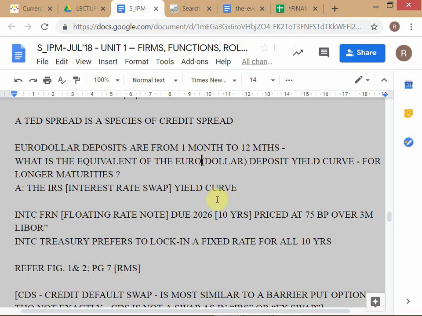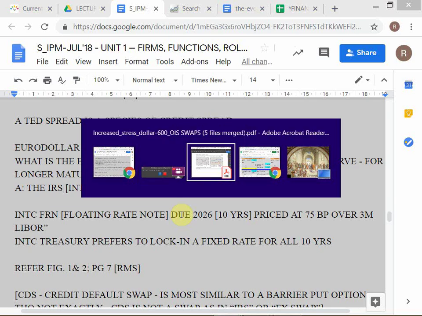So why did we look at the IRS yield curve? We looked at it because it is the equivalent of the euro deposit yield curve for maturities longer than 12 months. Deposits are money market securities, so they are only up to 12 months. If you want to go beyond 12 months for the same grade of credit, which you saw in that particular instance,